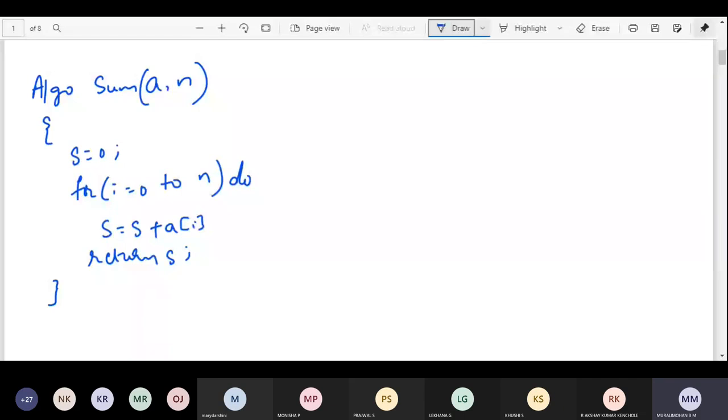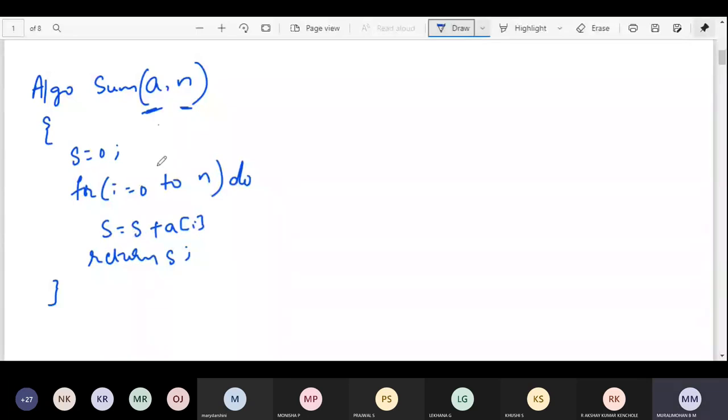Right. So here, A is an array we are having, and n is the number of elements in this array. And how many variables are we having in this one?